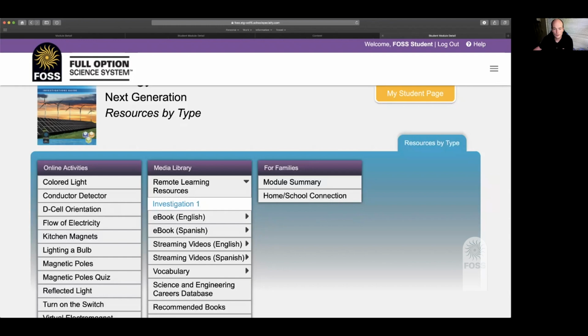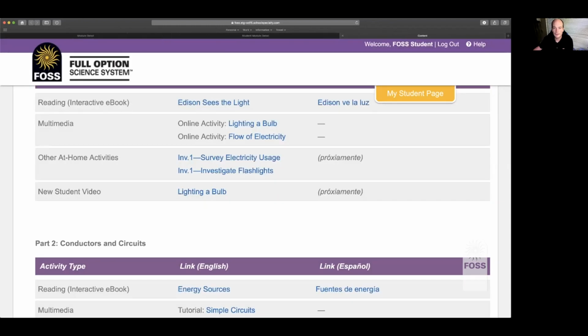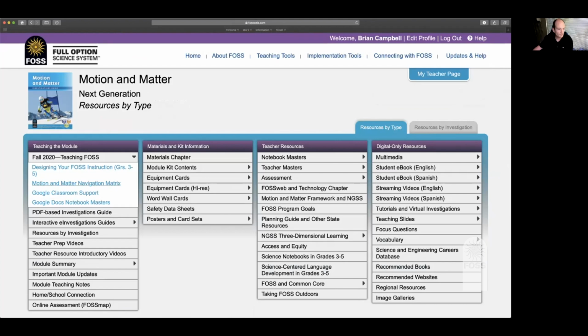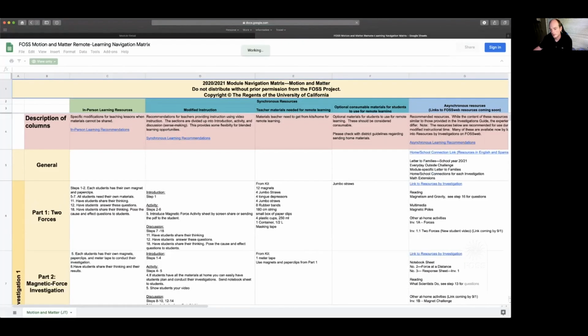As a teacher, you will see on the navigation matrix that there will be a new video link coming. I can almost hear everyone screaming, I'd like videos for all of my parts right now, and I need them tomorrow because we start,